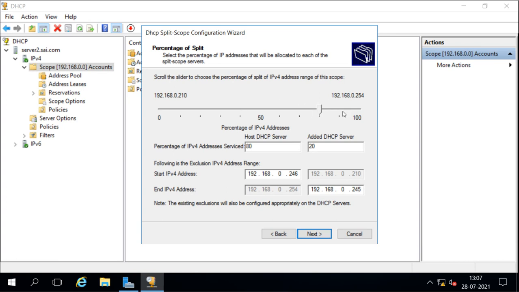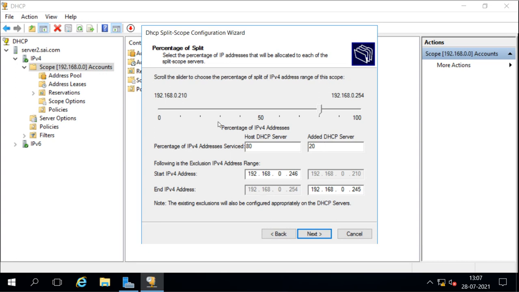By default, it is an 80 and 20 percent split. You can see here the host server is getting 80%, and the other server is getting 20%. Because the host server is the main server, we are using the other server only for emergency use. If the host server is not available, then the other server will provide the IP information to the clients.